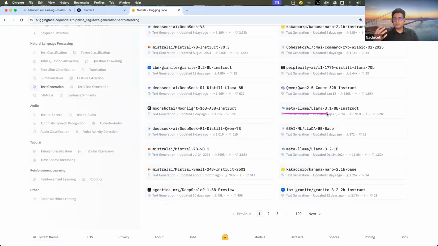So when we say deploying of these large language models, it's basically using these models which you are seeing, like for example the Meta Llama 3.1 that you see right here. When I say using it, we'll download this model, and once we download the model,